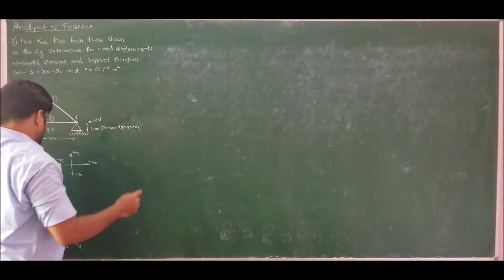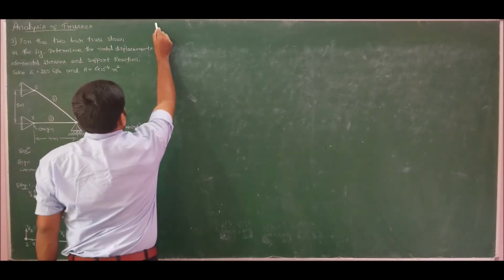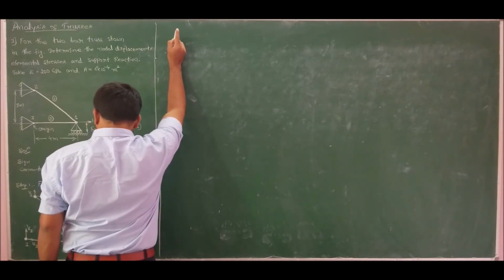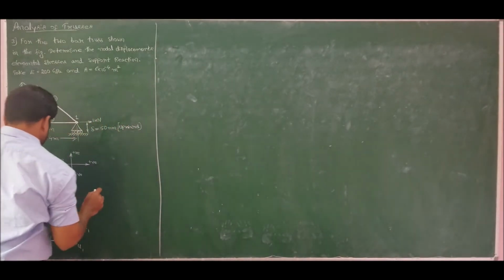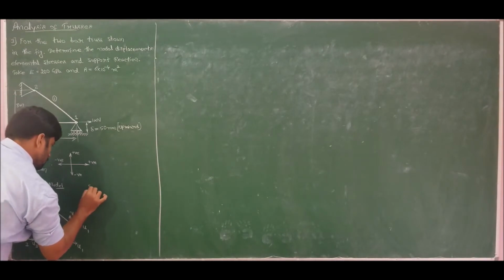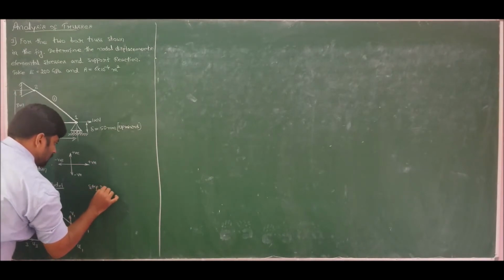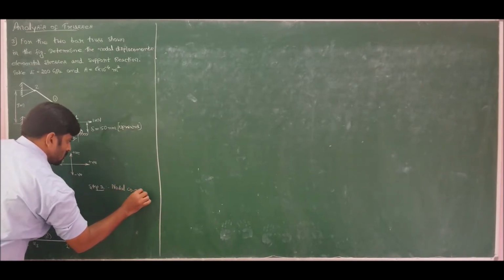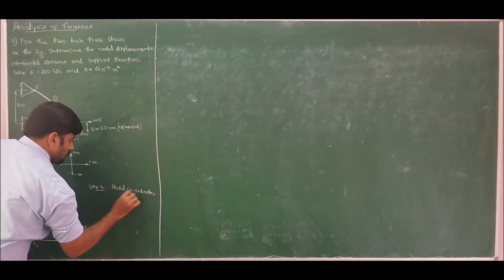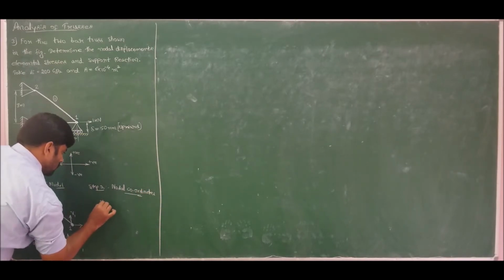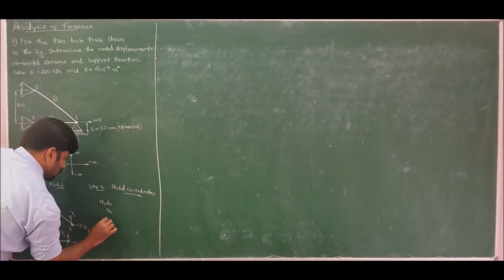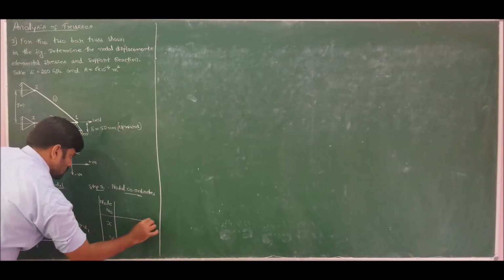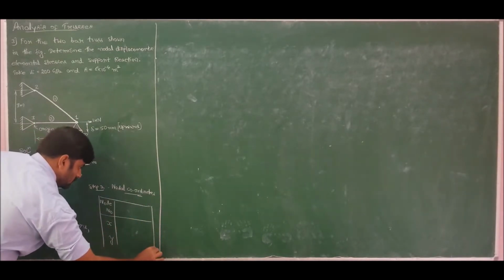Now let us solve this problem. Moving to step 1, that is nodal coordinate data. Sorry, step 2. Since I have space here, I can write step 2 here itself. So step 2 is nodal coordinates, where we have node number, coordinate x and coordinate y. We have totally 3 nodes.